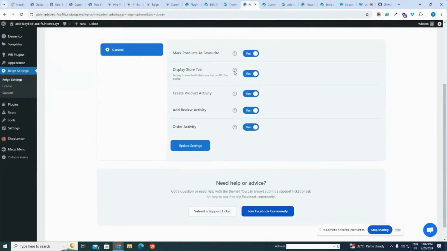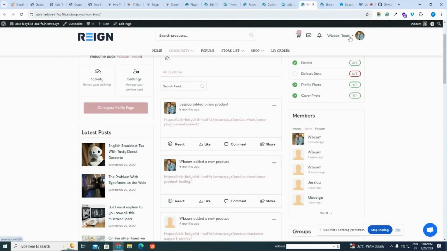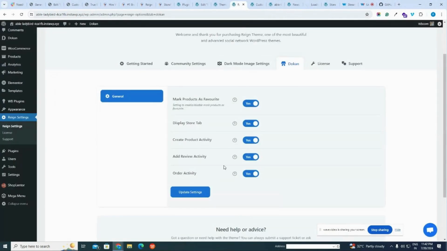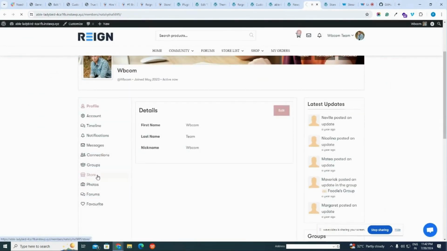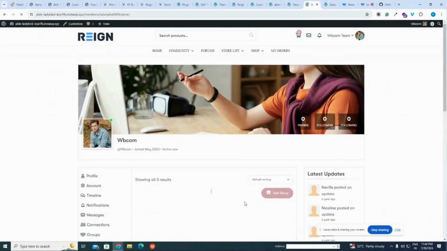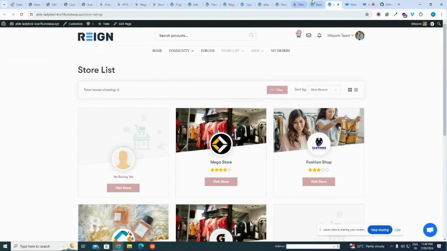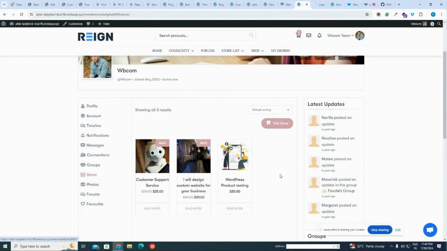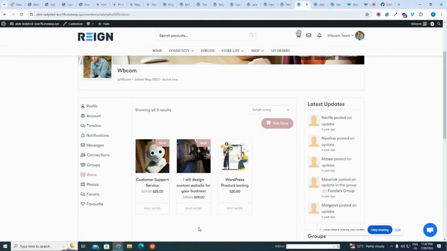And these are some settings for integration of community and Dukan. It will provide a store tab and a favorite product tab on your community profile. This is the store tab. It will display the products of the currently logged in user, or if you visit any member in the member list, you can simply navigate to their store tab and have an idea what they are selling. And from their community profile, you can directly visit their store also. There's a visit store button for that.